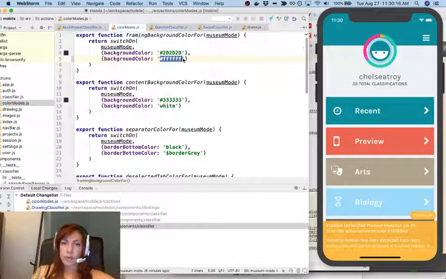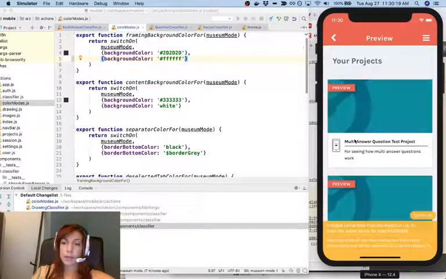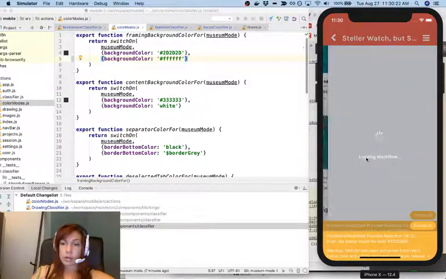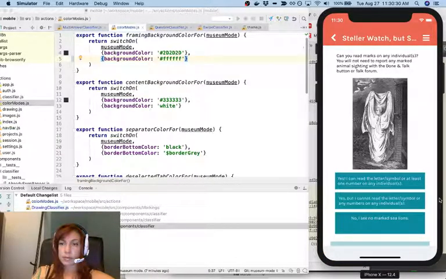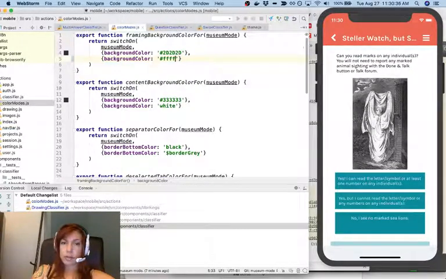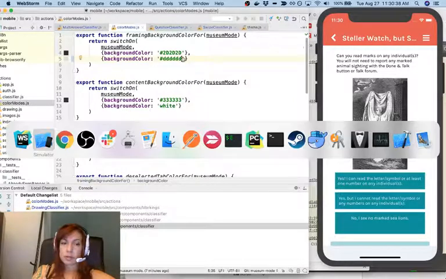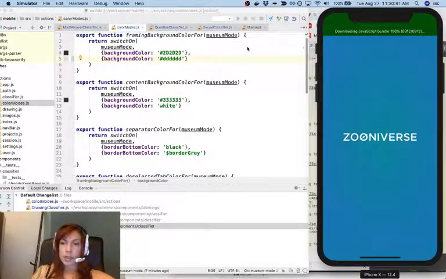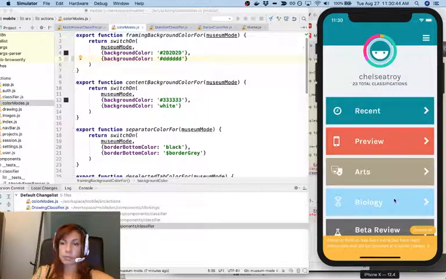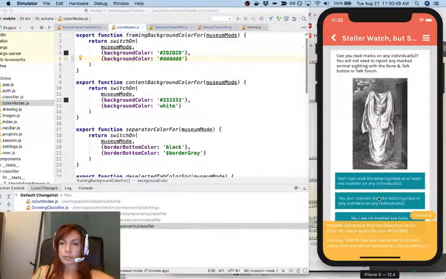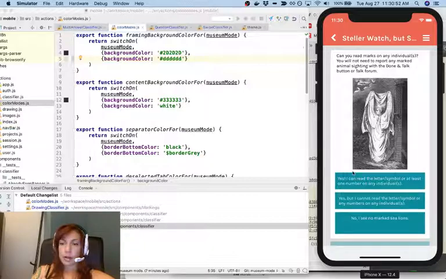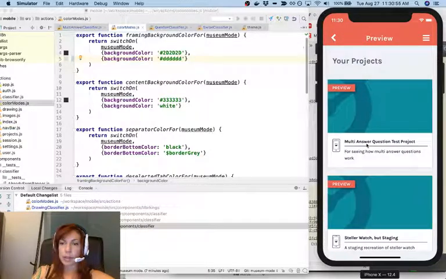Now it seems like I'm going through and changing this styling a little bit fast. I'm accustomed to this app. If you're working on an app that you were new to, I would highly recommend slowing that down. Alright. Better. I think this is supposed to be a light gray, actually. I need to check the color on the designs of this, but in the meantime, we want to get our thing working. Beautiful. Alright, so I'm going to come back and take a closer look at that. But in the meantime,